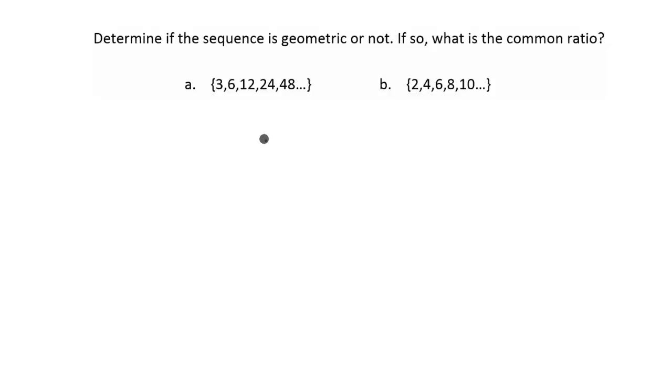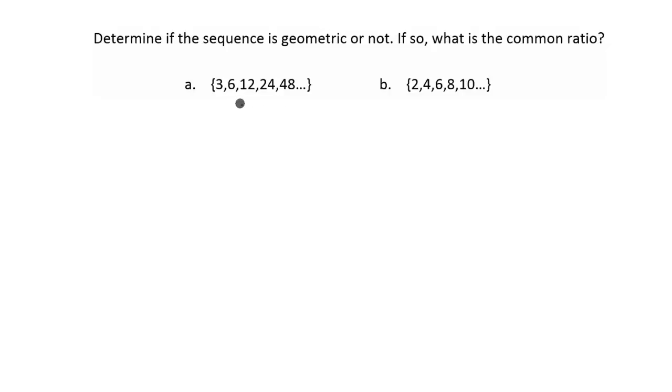In this problem, we are asked to determine if each of our sequences are geometric or not. Now, in part A, our sequence 3, 6, 12, 24, and 48 is just a list of numbers. And to determine if it's geometric or not, we have to see if there's a common ratio between each of these numbers. And the common ratio would just be the number that you multiply each one by to get the